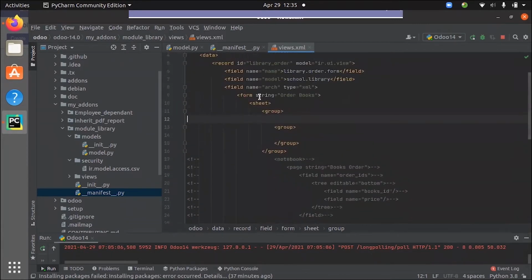Inside this form sheet, here I can define the field.